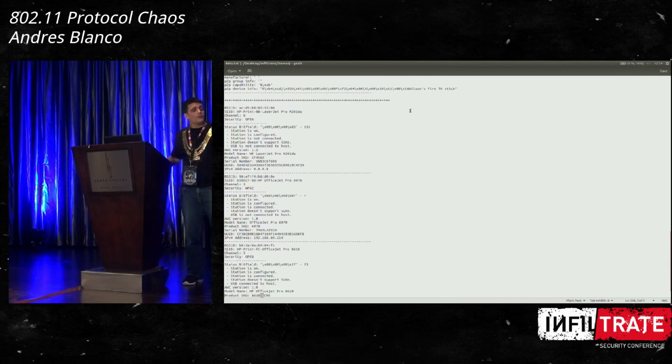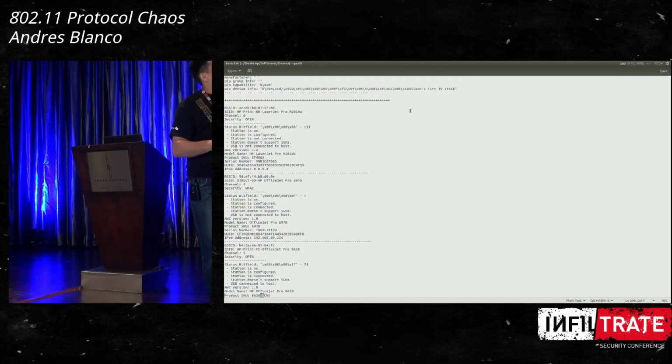Then here we have more information about the printers. These are some HP printers that are around here. For example, one that is open, so anyone can connect and send some print jobs if you want, or scan some documents. And this is not connected to any network, but it says that USB is not connected either and it doesn't have an IP address. So what is that printer for? It's not connected to anyone, not USB, no Wi-Fi. So maybe in this case, I think that it could be connected through Ethernet, okay? So this is connected, but not by Wi-Fi.